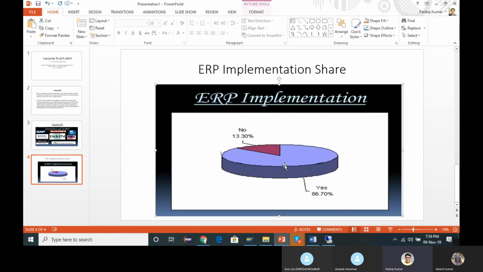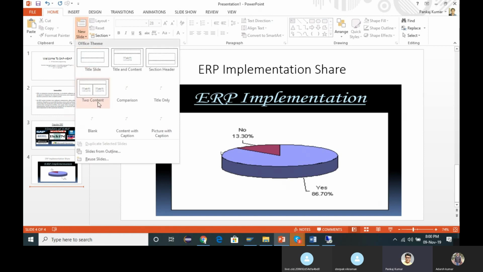If we see here, ERP implementation in total business is 86.70%. Suppose we have 100 businesses, out of 100, 86 businesses have already implemented ERP. Fine.